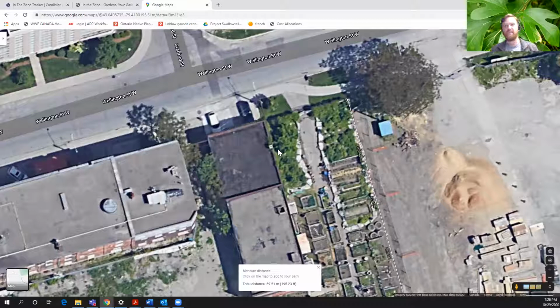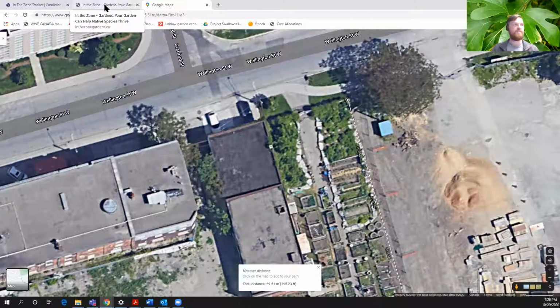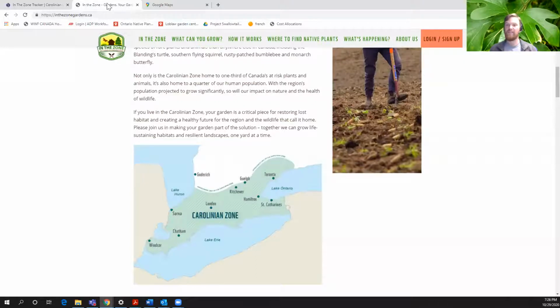Prior to that, it was some cultural plants, some non-native species and whatnot, and we planted a bunch of native plants in this area. So that would be the area that I would measure to answer that question, if that makes sense. So you're not talking about individual plants, you're just talking about the area that was covered. And if you interspersed your plants through some non-native plants, then squish them together in your mind and imagine, if they were all together, what would that look like?